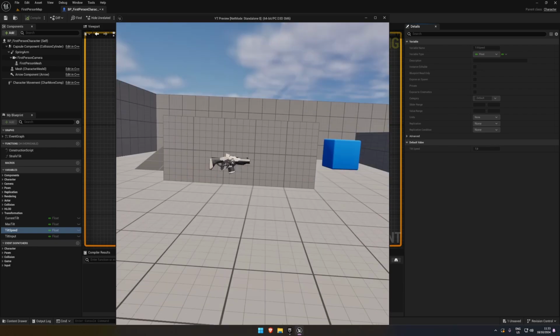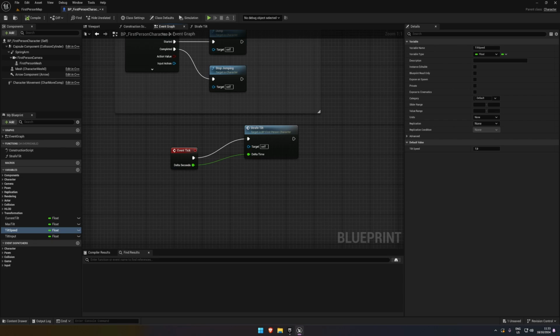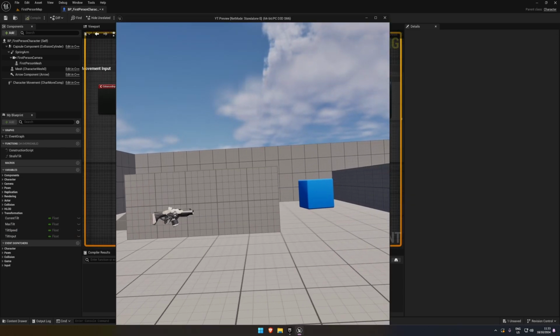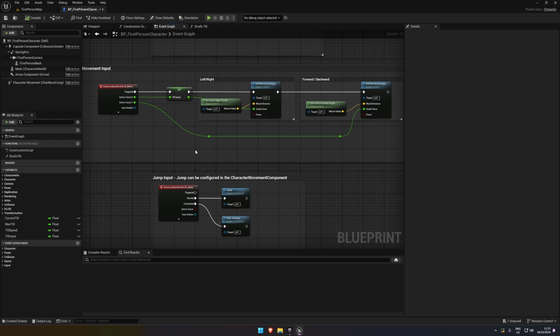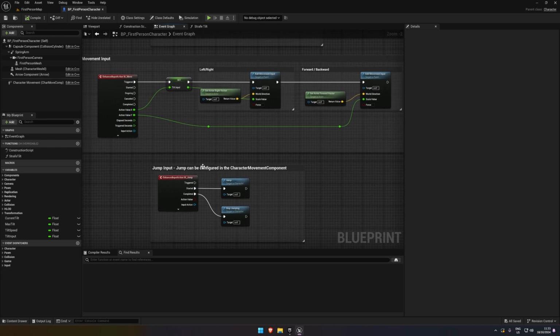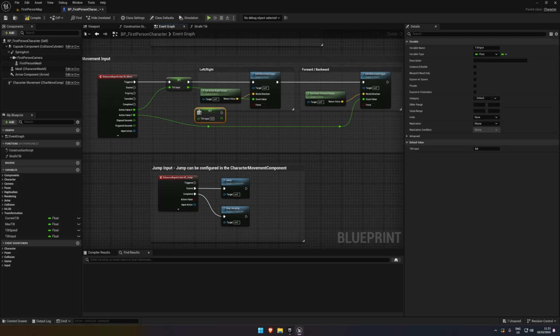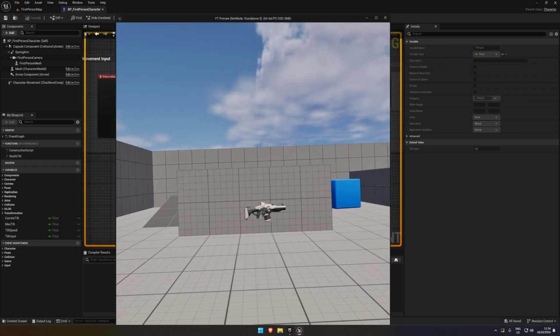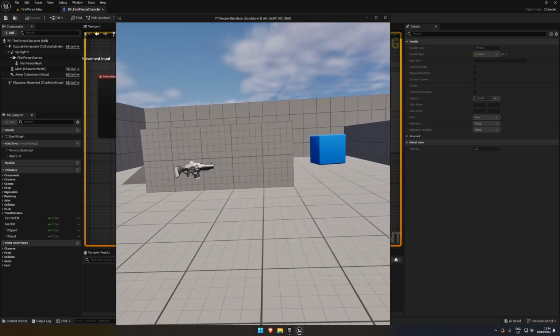It's not returning back to normal. Oh, I think I missed something. So as you can see, when I let go of the button, I still remain tilted. So what you need to do is click the down arrow here, and on completed, I think it is for this. Yeah, completed. You just want to set the tilt input back to 0 so that when you let go, it will return to the starting position